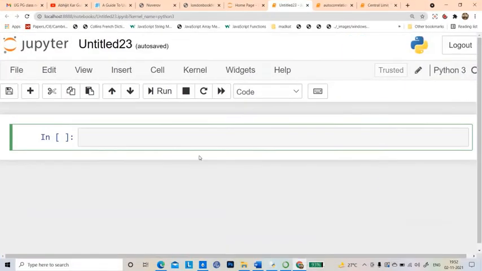Let's go to the Anaconda Jupyter notebook. Let me write the values of a, c, and m.